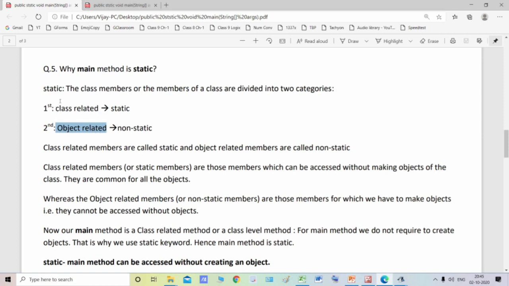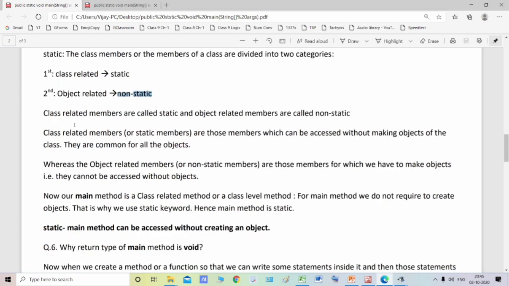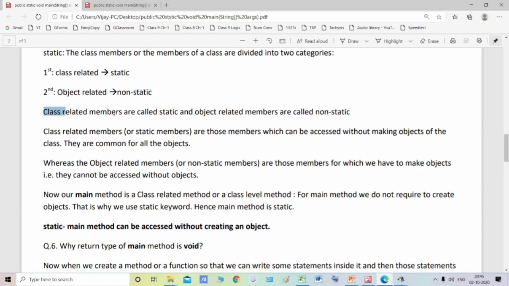I know this is difficult, but just bear with me. The members of the class are divided into two categories: class related members, which are called static, and object related members, which are called non-static.